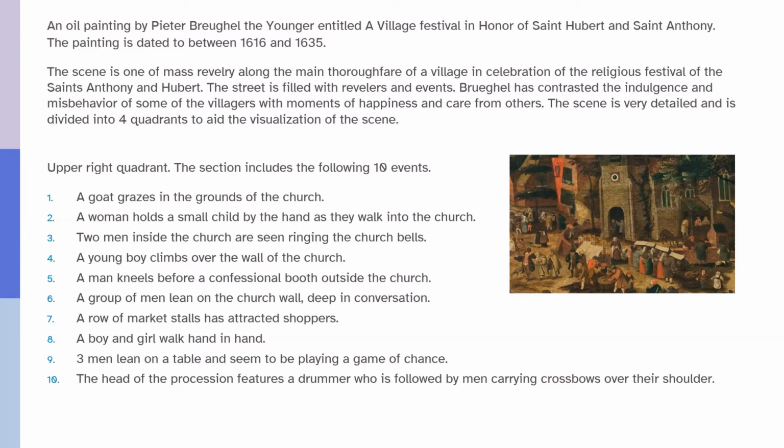So you're basically just listing out what's actually happening. And the quadrant is just a way of structuring, creating that framework to enable you to do that. Otherwise, you can go into these complicated images and think, where do I actually start? So you start with that overview, and then you go through to the detail afterwards, and you can use lists to do that. This full description ends up being about 2 pages, so you can see how much work has gone into it from Bruegel, and how much work needs to be done to describe it in full.